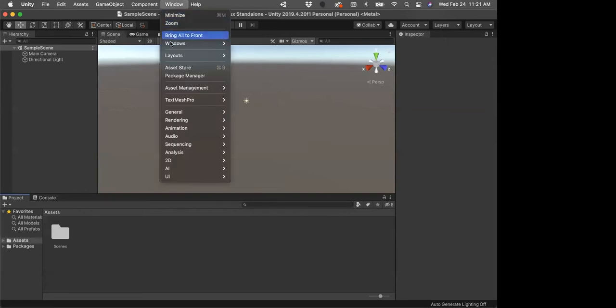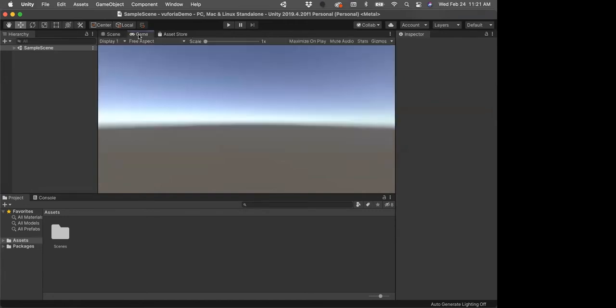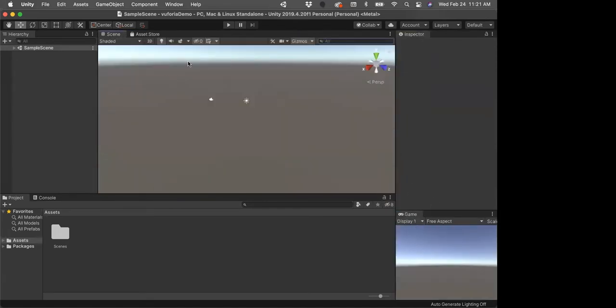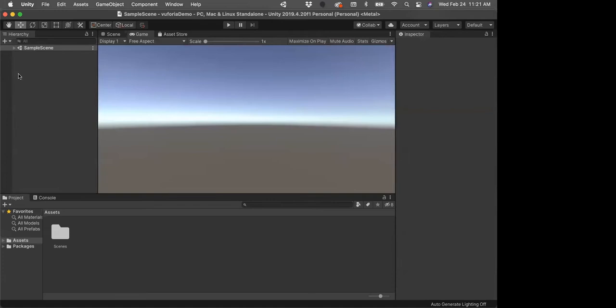Everybody, at least for demo purposes, should always use the window layout and default. That way everybody's looking at the same default layout. So all of these panels are modular. You can move them around. You can put them wherever you want. Sometimes for testing, I'll move the game view over here so I can see what's going on while also seeing the actual scene that I'm working with. But I'm going to put it back. OK, so